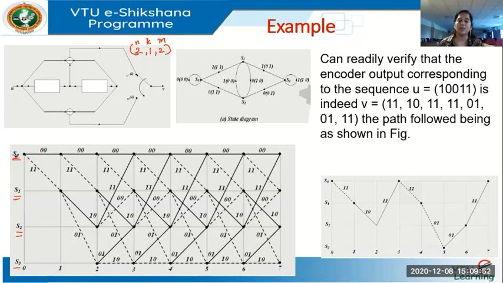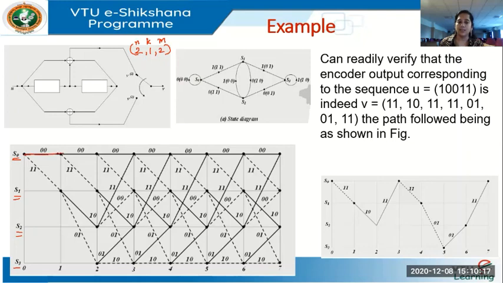So if this is the starting state, you are in state S0 and you receive a 0, you continue to remain in S0. You go back to state S0. It's a self loop. So remember what is the condition to draw the trellis? If we receive a 0, it should be a solid line.